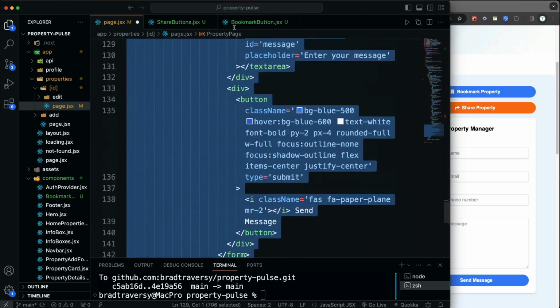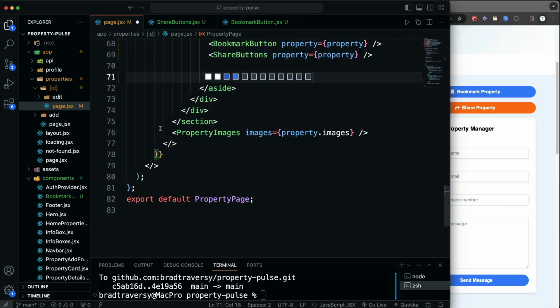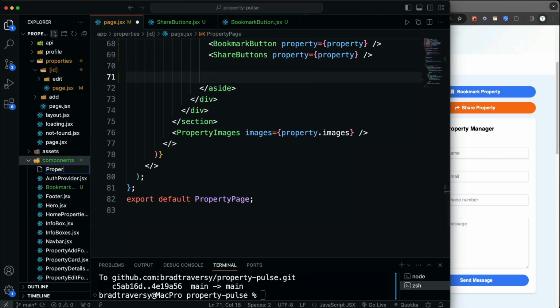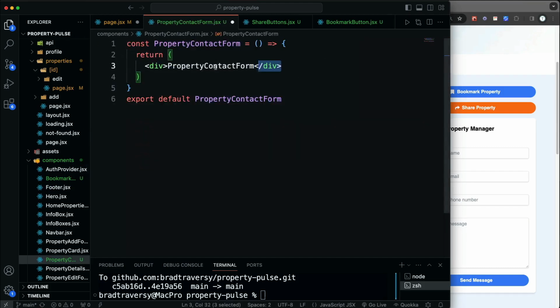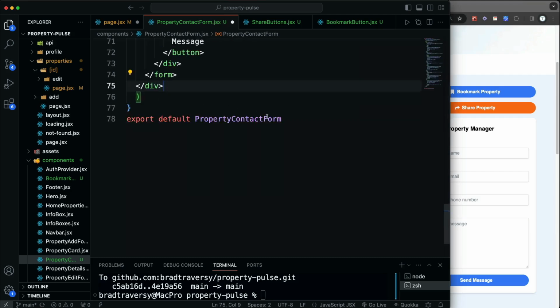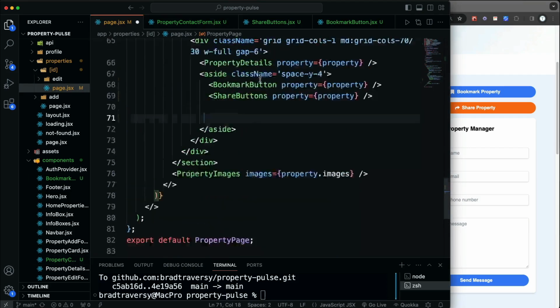So I'm just going to grab that whole div, and we'll cut it. And then let's create a new component called property contact form.jsx. And then we're going to paste what we just copied in here, save it, and then in the page,